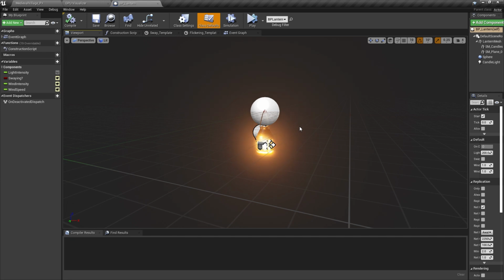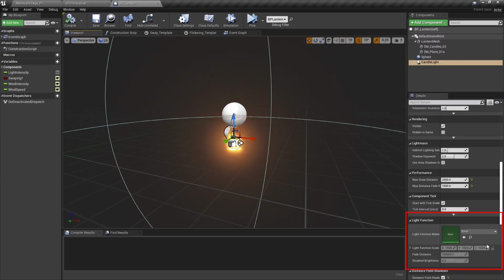Finally, I saw the lights from these lantern blueprints in our captures. I know the artists wanted these to be a bit more of a dynamic element. For example, they can sway back and forth in the breeze, but the light had a function on it. I knew that light functions are particularly expensive and should be used sparingly because it automatically treats the light as if it was shadow casting and dynamic. That function, for example, was only flickering the light intensity, which isn't the most optimal use for a light function.